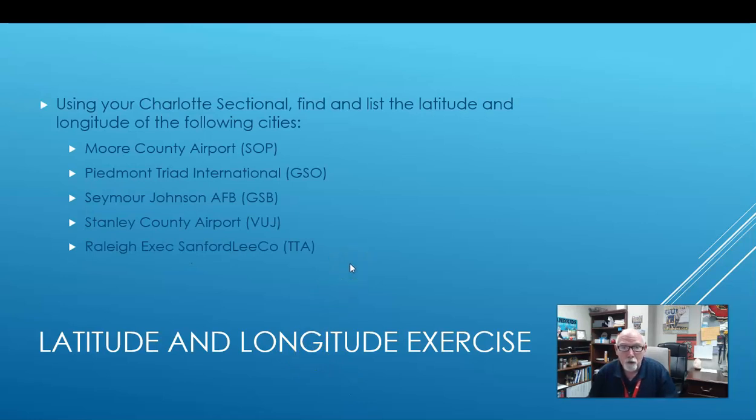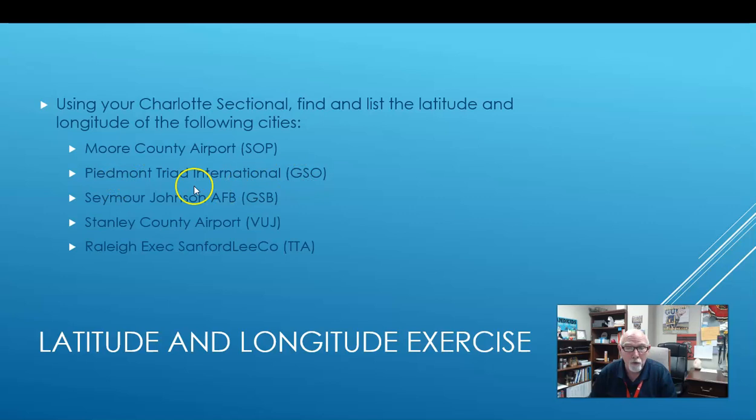Now, using your Charlotte sectional, I want you to find the latitude and longitude of the following airports, okay? I want you to do it on your Charlotte sectional using the latitude and the longitude lines. You can see them right here. And then once you finish that, you can check your work by using Google Maps and finding the latitude and longitude. I want you to do Moore County Airport,